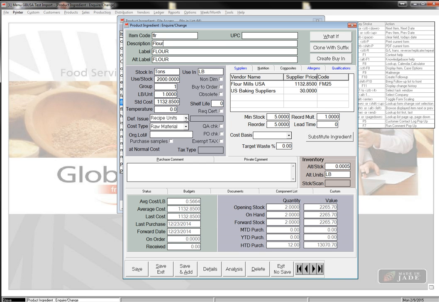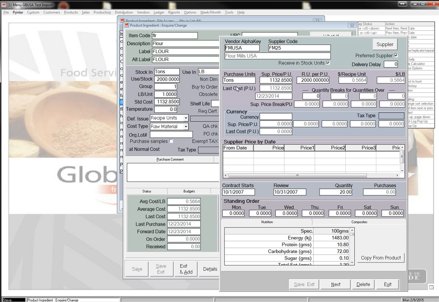But the other thing I can do is classify this as a raw material cost type, and this is good for when I'm figuring out my costing, so I can separate things out, whether they're packaging or food costs or whatever. I get it from, say, Flour Mills USA, so I click over here, and I can see that I can have a purchase unit and a recipe unit per purchase unit